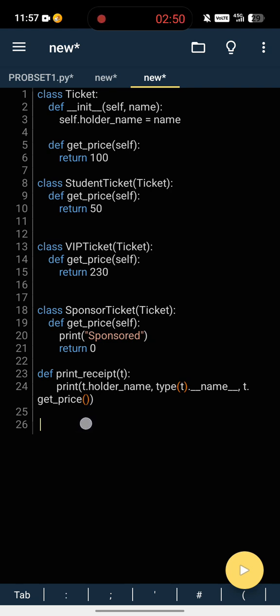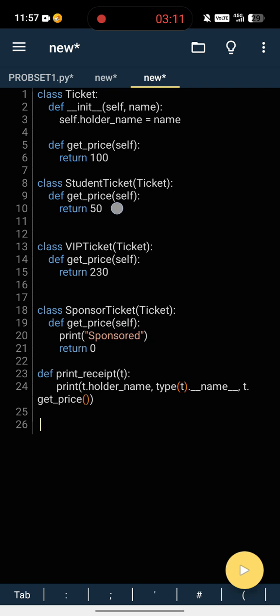This kind of method I use here is overriding, where child classes redefine a method from the parent class.